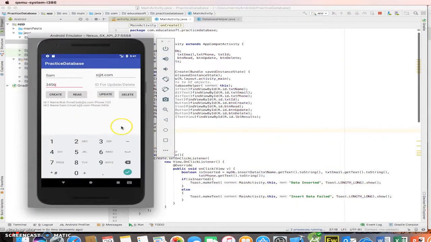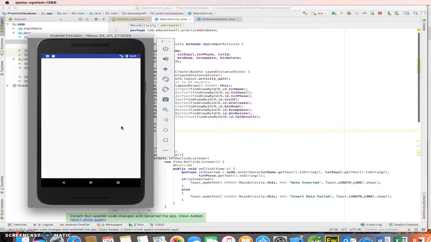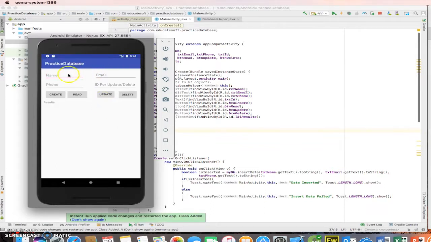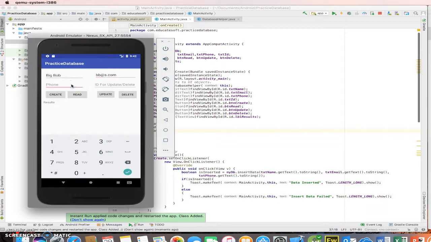Let's go in here. Okay, load up. So if I want to update maybe Bob's name to Big Bob. Let's change his email now to bb@s.com. His phone number now is 2345. So if I originally first read the data, originally I had Bob, a different email address, a different phone number. Now if I put in Bob's ID number, number 1,